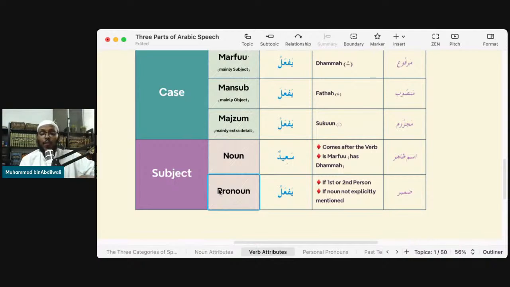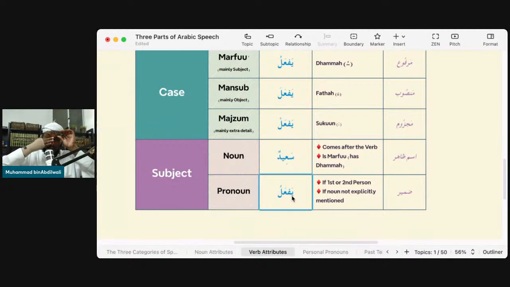So, for example, the word yaf'alu, which means he did. Well, when I say to you he did in English, you're going to say to me, Ustad, you said two words. You said he did. But I can only see one word in Arabic. I say yaf'alu because the ya at the beginning tells me it's he. It's kind of like a sign that's pointing and saying to me, you know what? This is a he, not a she. And it's not a they, and it's not an I, and it's not a we. It's a he that did it. So that pronoun is kind of hidden within the verb. It's implicit within the verb. And this is a very central point that you need to know.